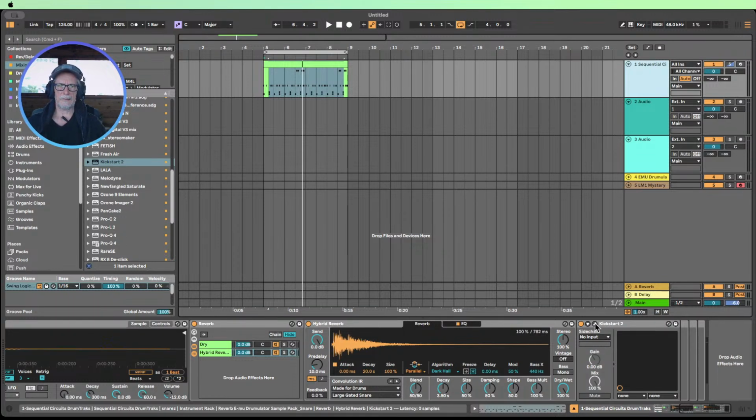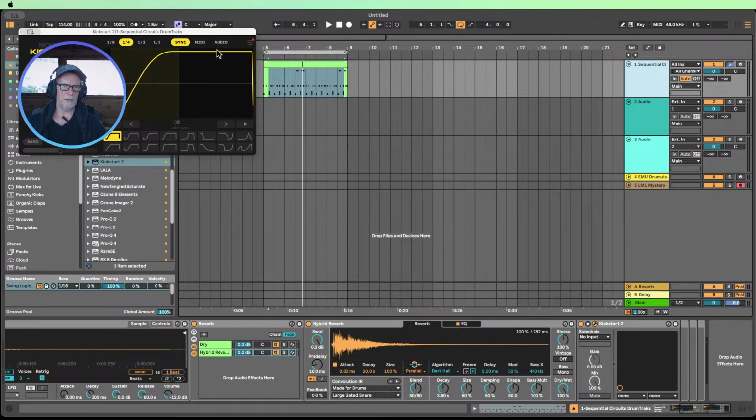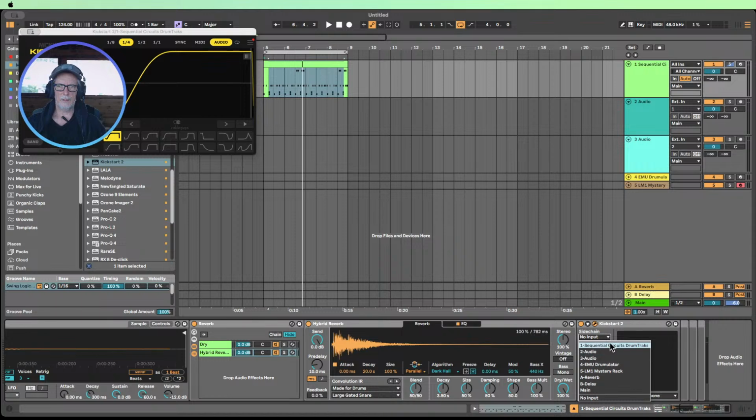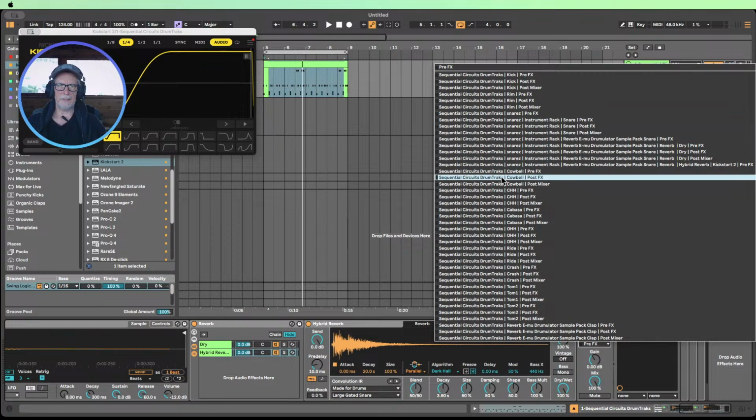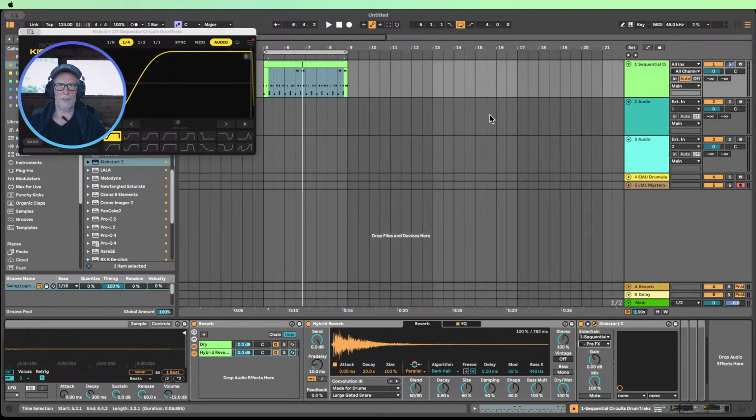And now with the Kickstart, what we're going to do is switch it to audio, and we're going to go into the sidechain input, and we're going to choose the drum rack, and we're going to choose from the pre-effects, all this big list here, the snares pre-FX from that big list. So it's going to listen to the dry snare coming in as a sidechain. So it's actually sidechaining to itself. So if we now look at this display up here,